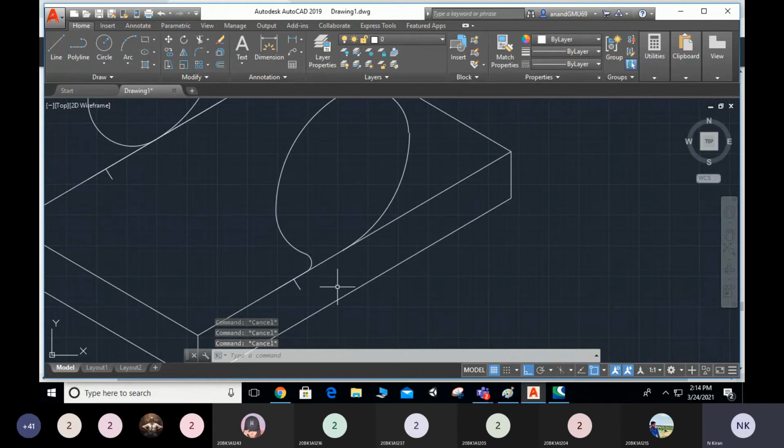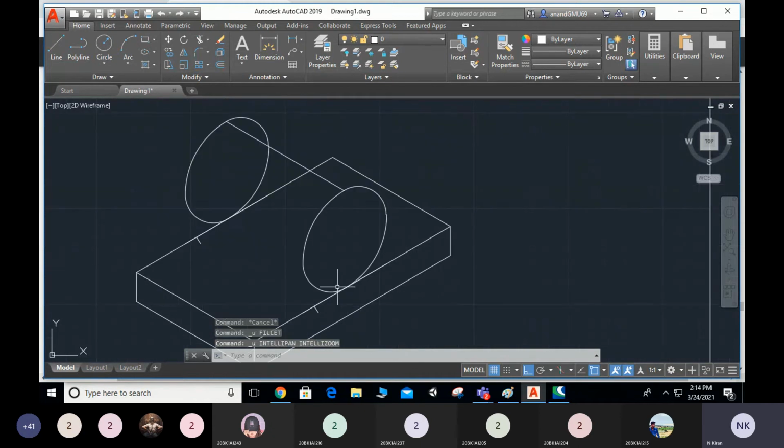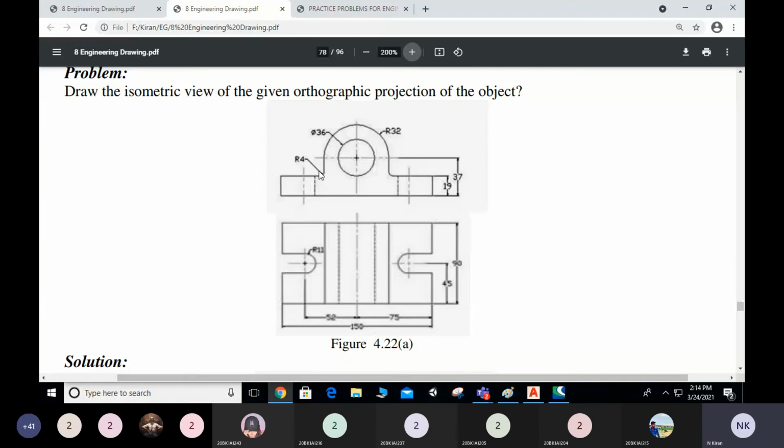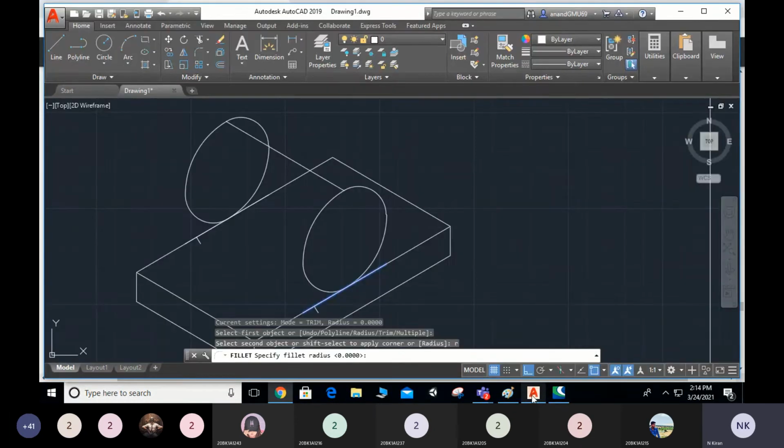First of all, we have selected, say Control Z. FILLET, enter. Now it will ask select the first object. I'll select the line, and next I have to take R, enter, radius. What is the radius? We have to give 4, as in the diagram it is given as 4 radius here. So I will give 4 radius. 4, enter. Now select the second object. I will select this one. Right, that is your fillet.